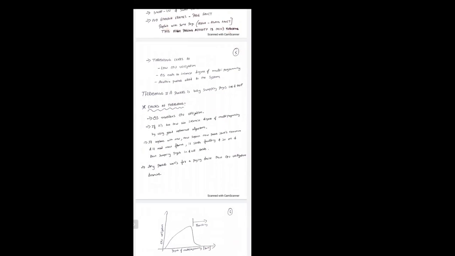So whenever there is a problem, thrashing means it is increasing the degree of multi-programming, right? So the strong definition of thrashing is: a process that is busy swapping pages in and out is called thrashing. It is a process which is busy in swap in and swap out of pages. When swap in and swap out are happening, the number of processes getting added to the system increases, which means the degree of multi-programming will become higher. That is the problem with thrashing.